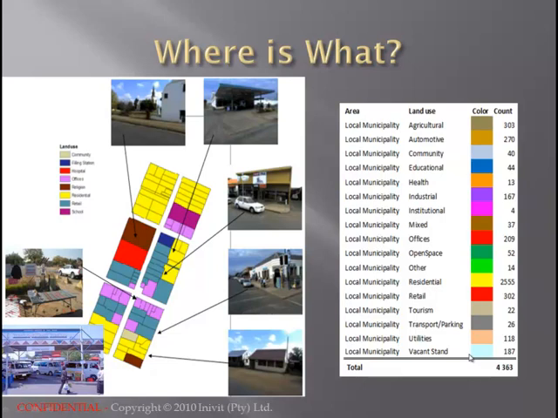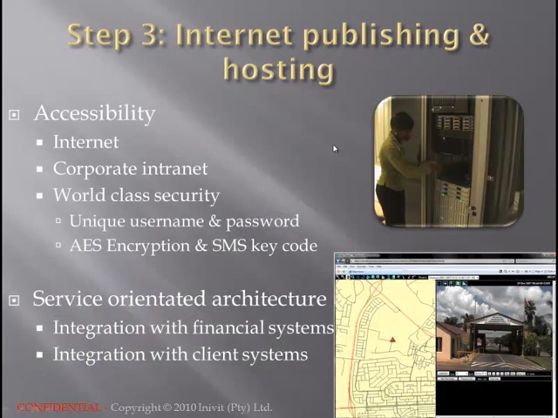How many properties, how many commercial properties, and how many normal residential households. And in this way, this municipality will have the ability to manage their assets and the income. Step 3 is, as we explained, the publishing of all this information. This spatially correct information, connected with the digital image recorded and timestamped at a certain position, is linked over the internet, and you will be able to walk anywhere in this map and see the 360-degree images that we